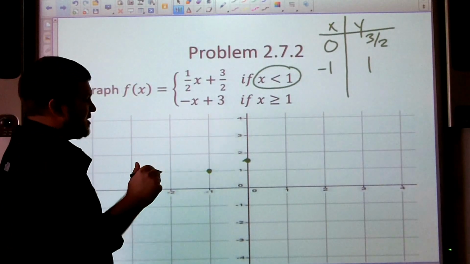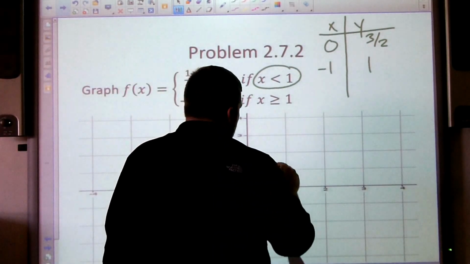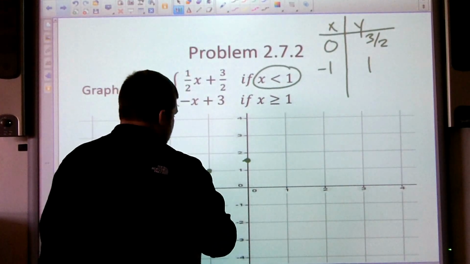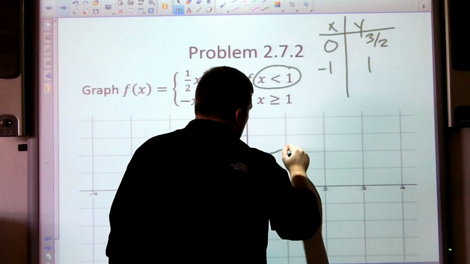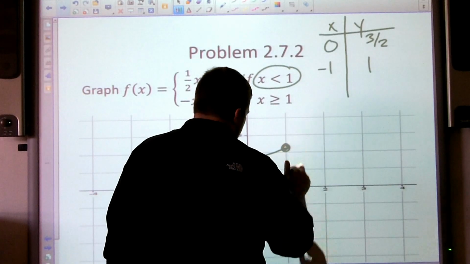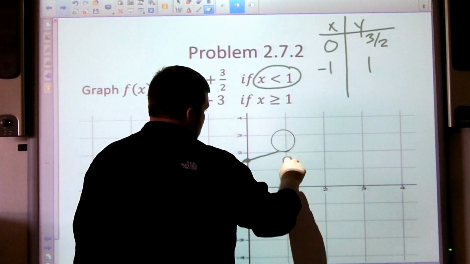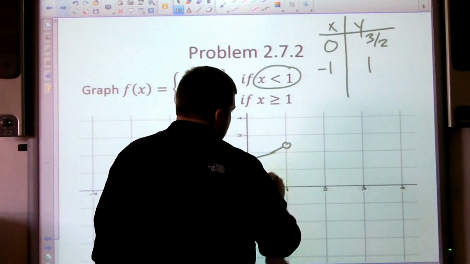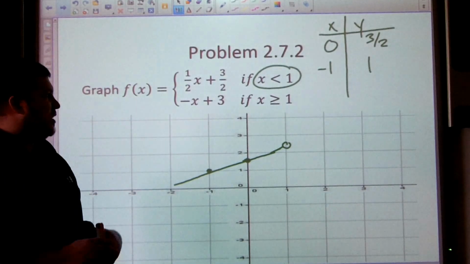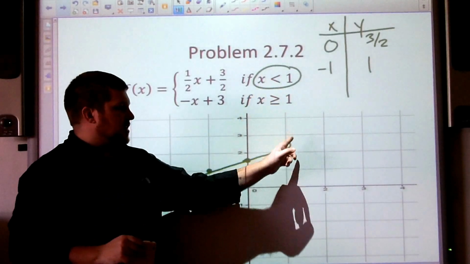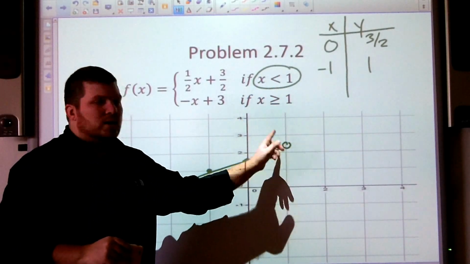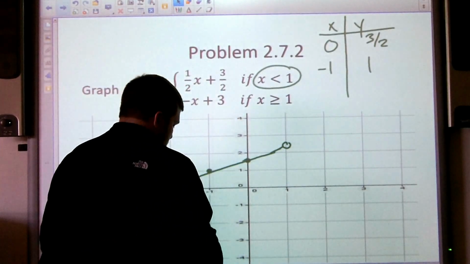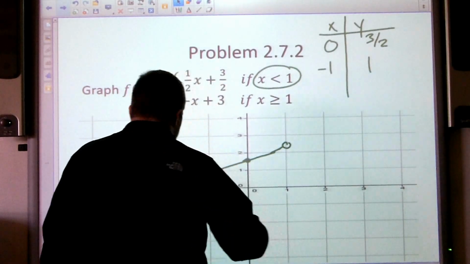And so from less than 1, okay, less than 1, I'm going to have something sort of like this. And it's going to go all the way up to 1. And I'm going to do an open circle. It doesn't really look open right there. But I'm going to have an open circle right there at x equals 1, because this rule only goes up to less than 1. So it goes all the way up to x equals 1, but now I'm going to have a new rule. Okay, so my new rule says at x equals 1,